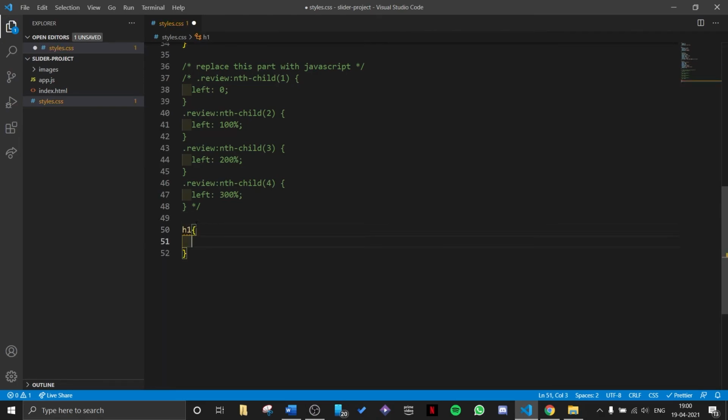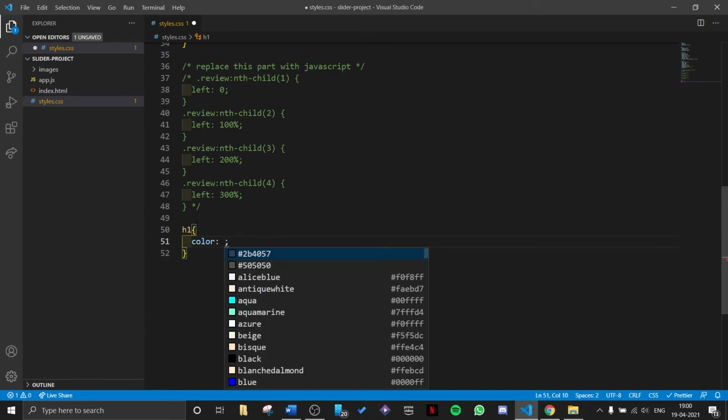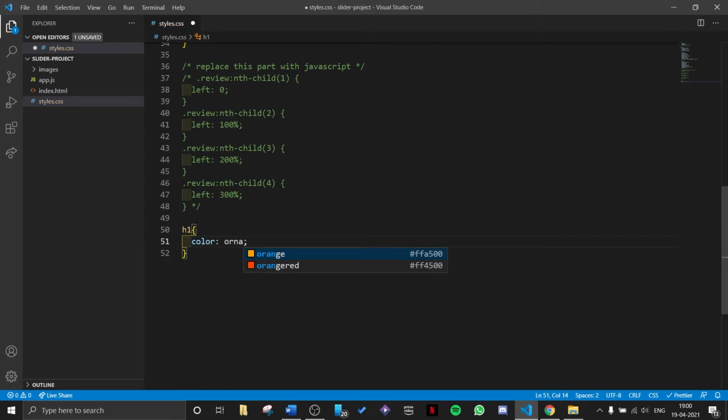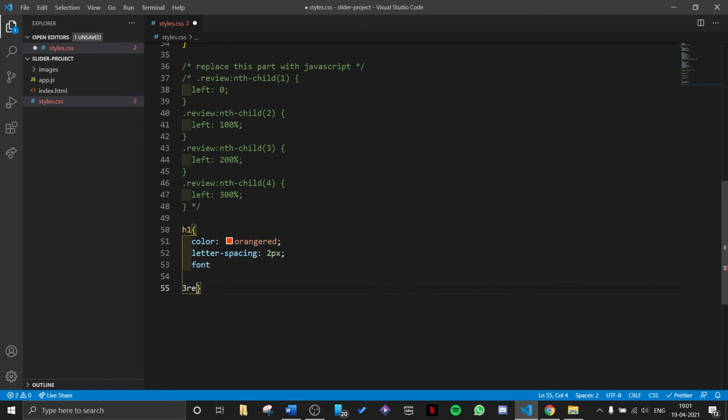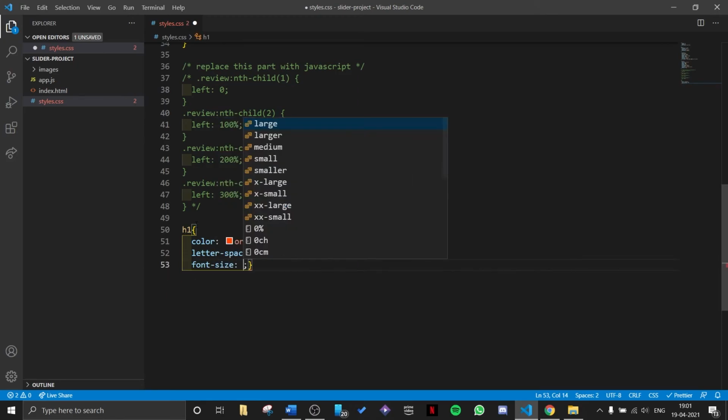So I will target my h1 and give it a color of orange red. If you remember, h1 is the testimonial heading. Letter spacing will be 2 pixel and font size will be 3. Okay, I messed up. Font size will be 3 rem.